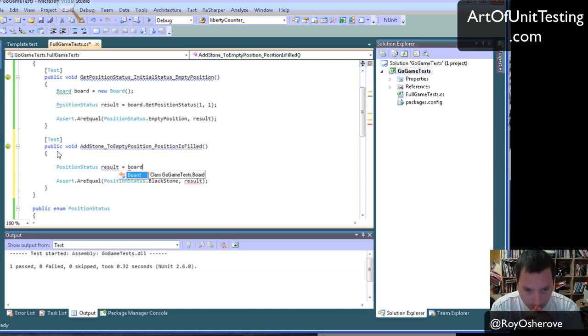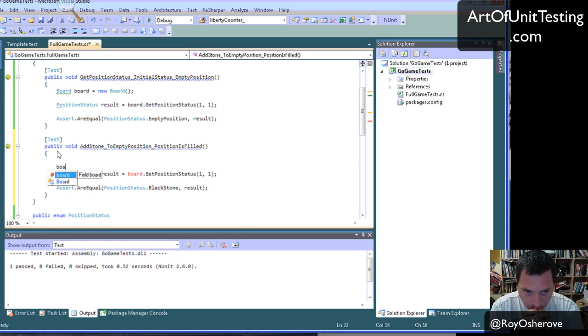Press escape. Wait a minute, which stone? How do you know it's black? You're right. It's going to be